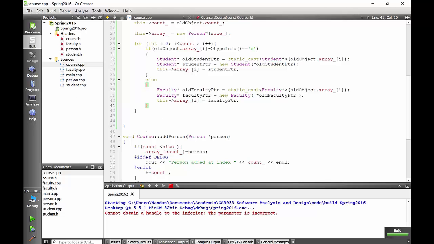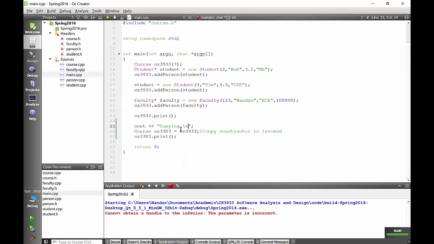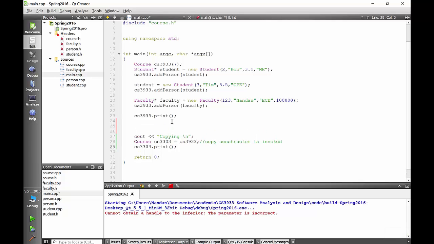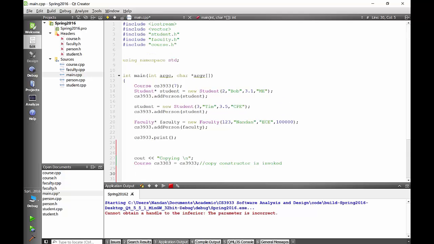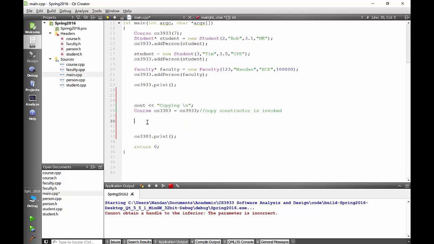And another thing I would want to do, just to test our code, is this: after we have copied and before we print, I'm going to delete all the objects in the old course, so that we can see that we have not deleted the objects actually, otherwise we'll get an error. So here I'm going to run a for loop for int I equals 0, I is less than,